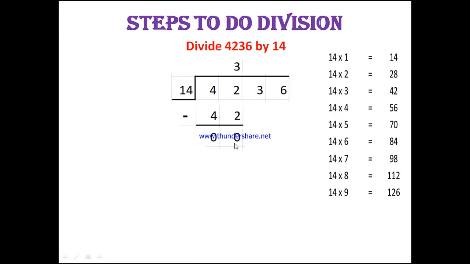Now this is called the remainder. The remainder must be smaller than the divisor. In division you will be repeatedly subtracting, so every remainder must be smaller than the divisor. Now the remainder is 0. Now we bring down the next digit from the dividend. Here the next digit is 3. We bring it down. Now this 3 is called the fresh number.